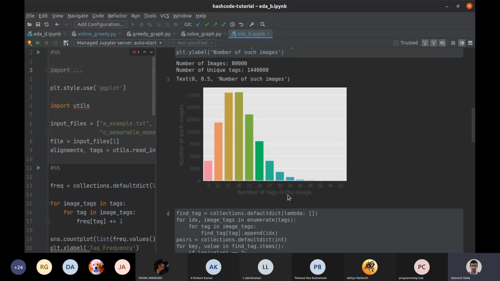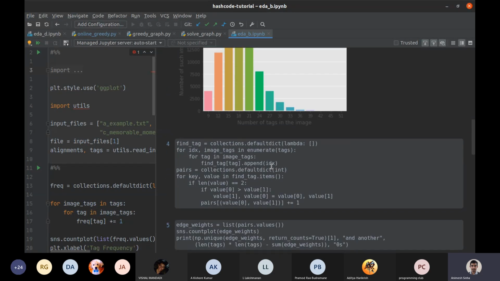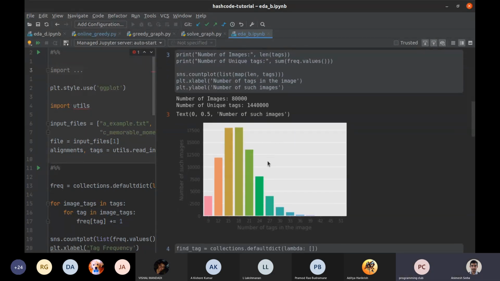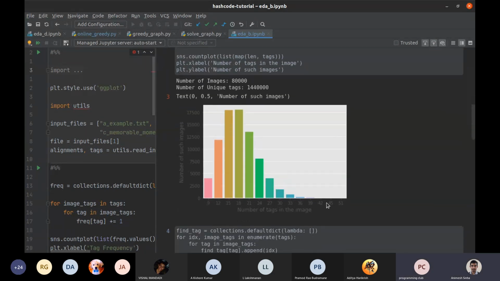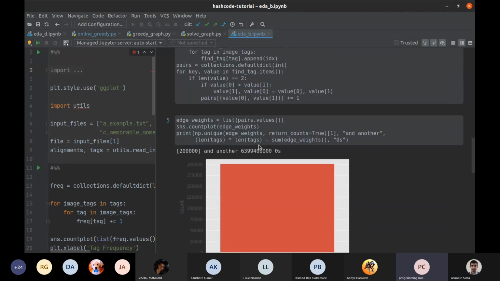And we are going to try to answer these 2 questions. So this is, I guess, the number of tags in the image. So each image has some number of tags. This is a slightly different count plot of the input itself. This is not a standard count plot, really, so don't get distracted by this. I think this is what we are looking for, right?